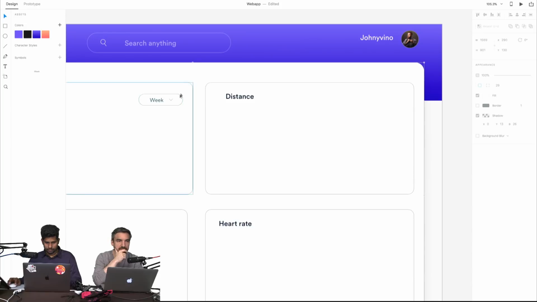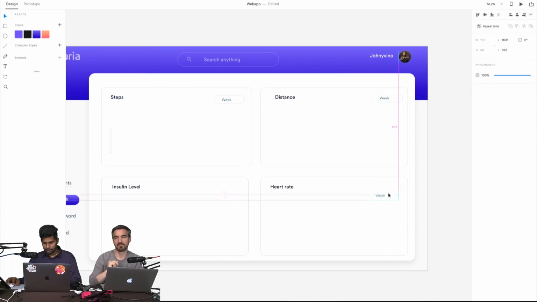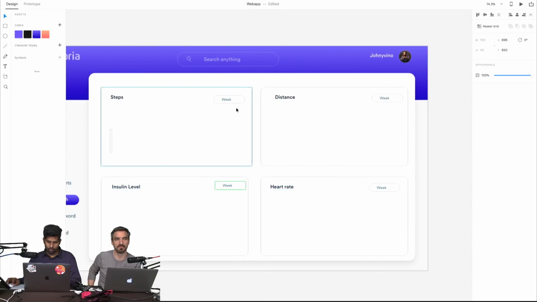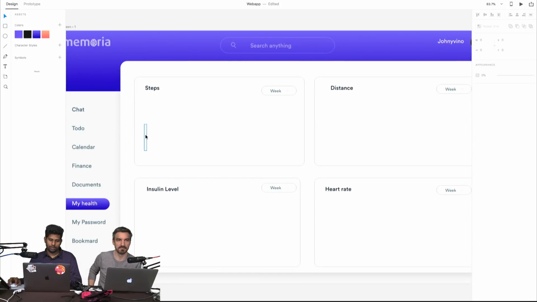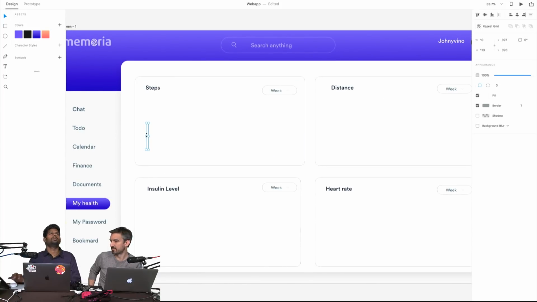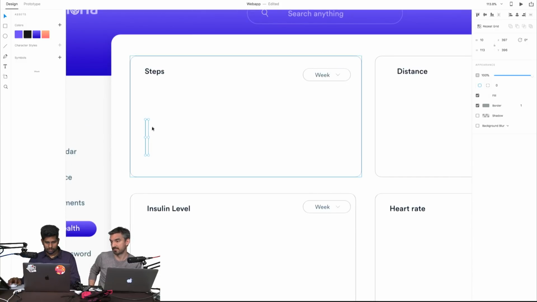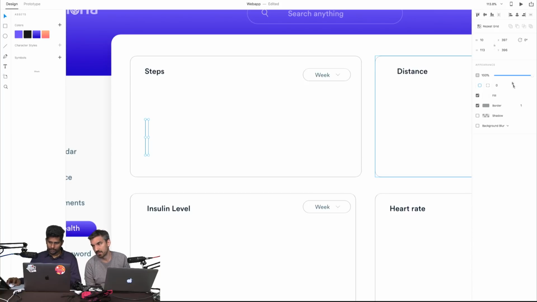Now I can put this here, also more here, and align properly. Okay, great. Now steps maybe. You made this many steps on Monday, on Wednesday. We can show a bar graph. Okay. We can get feedback from our people.